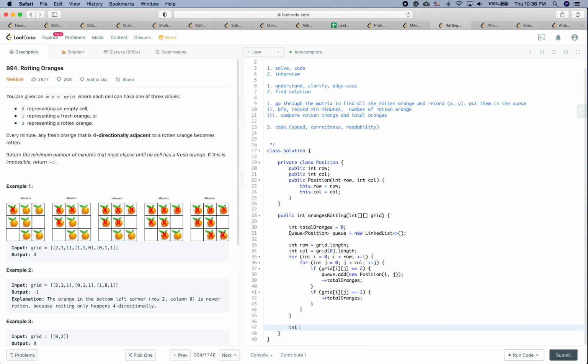So I'll say int time, or let's say the minute, as equal to 0. So while queue is not empty,